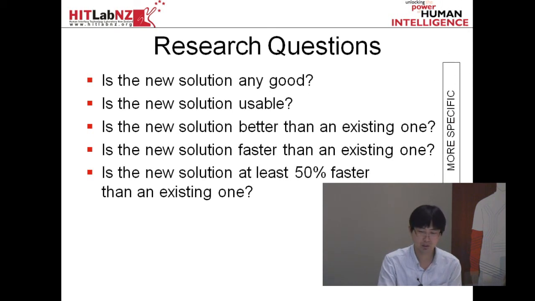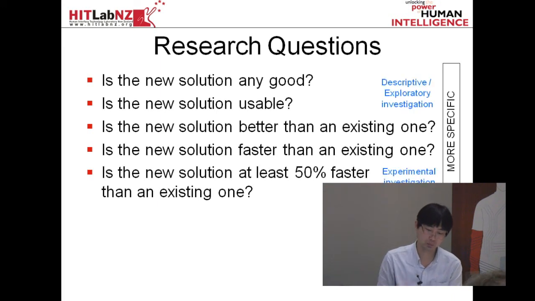The more specific they are, the better, because it will make it easier to choose what kind of user evaluation methods you will use, how you will plan your user study, and how you can run user experiments that make conclusions out of statistics results. So the more specific your research questions, the easier it is to do experimental research,